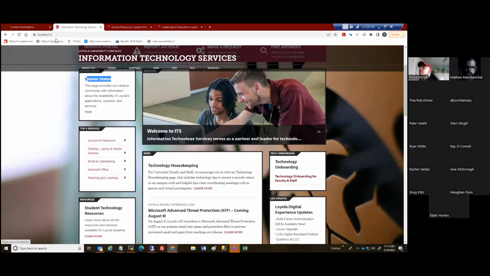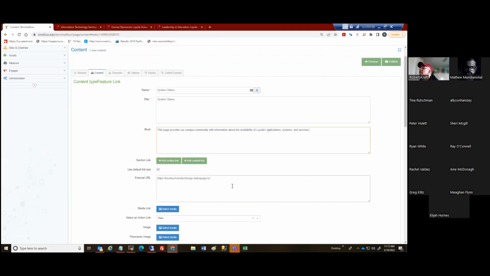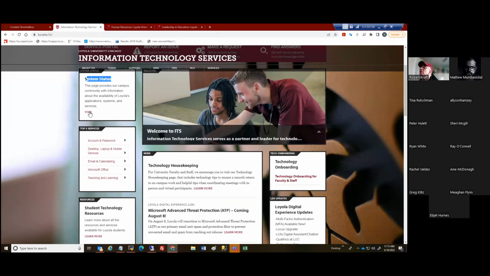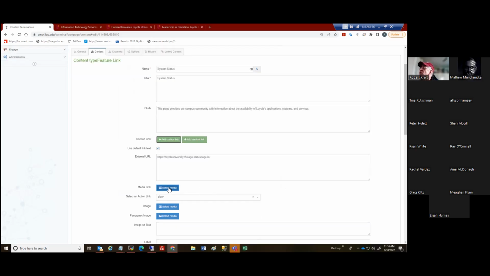So that's right here. There's a blurb of text that goes right here. There's a limit to how much text. I forget what it is, but it'll let you know if you try to put in too much text. And in this situation, this link here will, if you click on system status or view, take you to another page. So notice it's taking you to something at Loyola, but it's not luc.edu. It's Loyola University Chicago .statuspages.io. Not even sure what that is. So instead of going to an internal page by clicking on this, they instead put in an external URL, which is totally fine. Now, if you wanted to add an image to that little box, you could say select media,